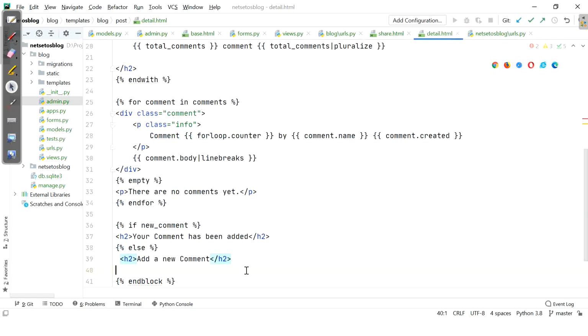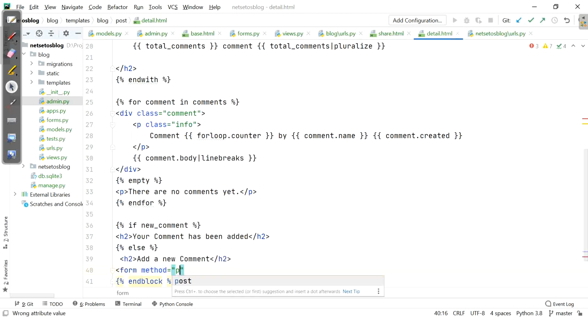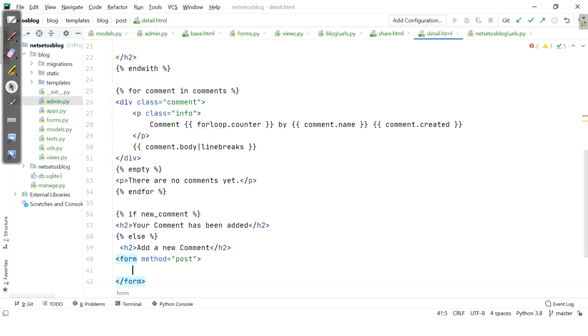Then here we will see whether the form method is post. If it is post, we will have comment_form.as_p.